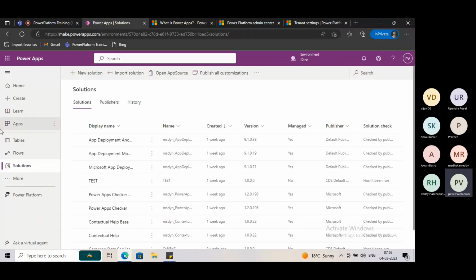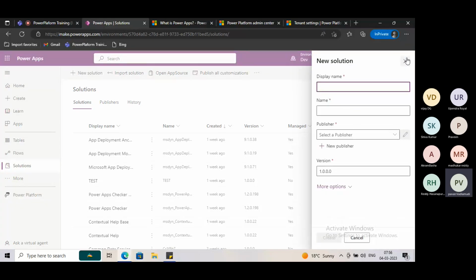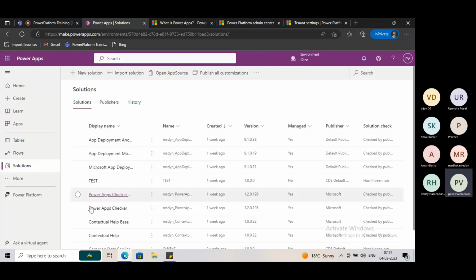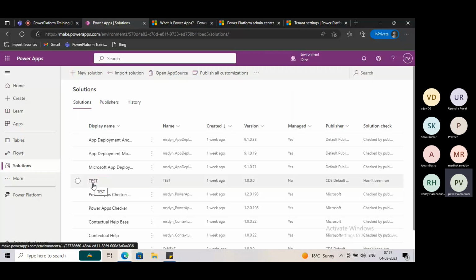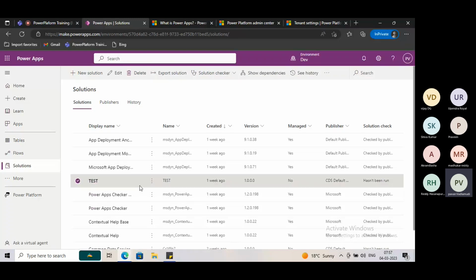In the Power Apps homepage, these are the features we have, these things we have discussed. If you want to create a new solution, we can create it. Once we created the solution, suppose I have created some test solution, I will select it. Inside the solution I have all my canvas applications and my flows, and I want to move this to my UAT environment. How will we move? I will select this solution. We have the export option, right? If you click on export,